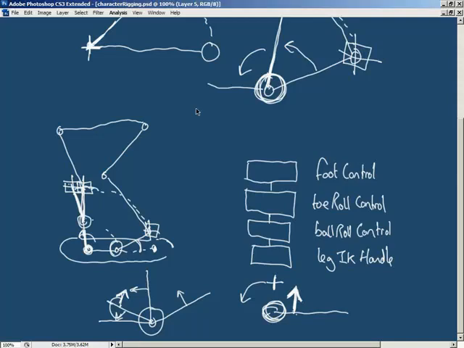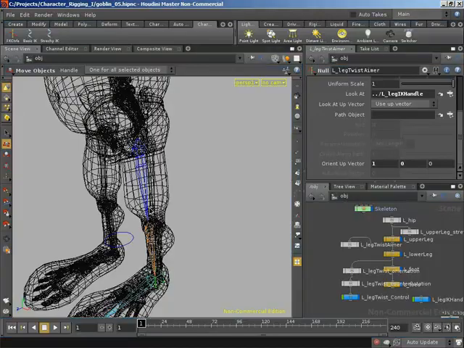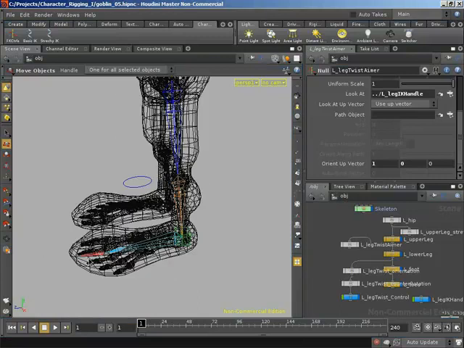Okay, so now that we've looked at the approach we're going to take for the foot setup, let's now jump over into Houdini and actually get this implemented. The first thing I want to do is apply some simple IK to our foot bone and our toes bone,